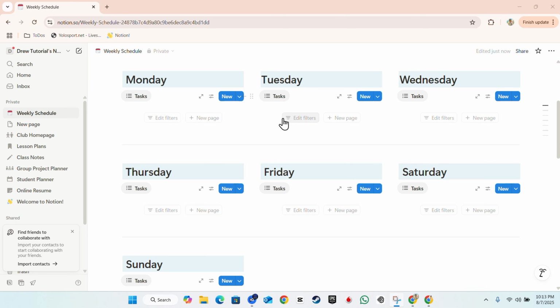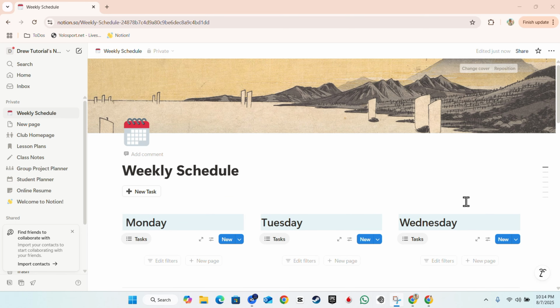And in this video, I'm going to show you how to make an exam schedule on Notion. Now, as you can see here, right here on Notion, I currently have a study planner. But if you want to create an exam schedule, I'm going to show you how you can quickly create this